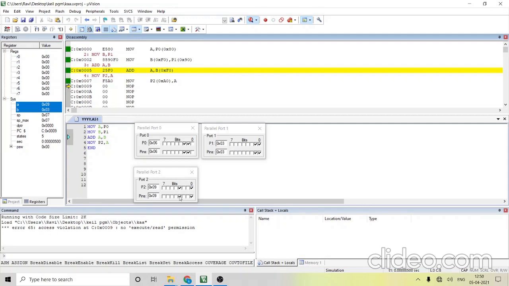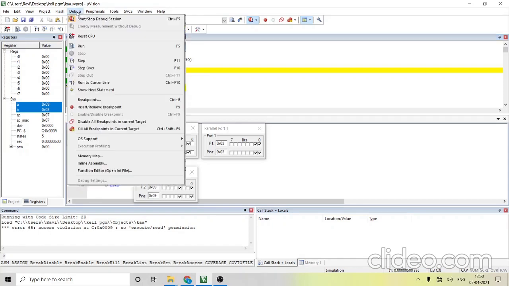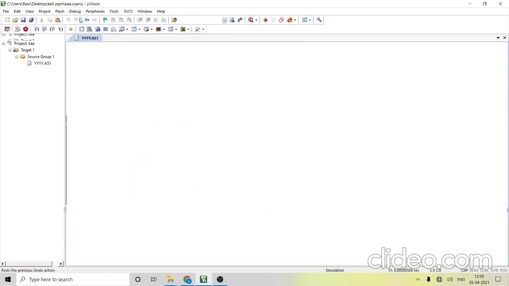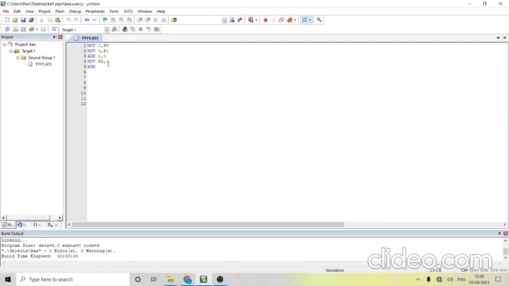Now, after running the program, you can take a screenshot of this and attach it in the model for our output. To go back to the program and change something in your program, you have to go to debug, start and stop debug section. Again, listen: most embedded programming with microcontrollers uses infinite loop programs. Infinite loop program means once you switch on the kit, for example, you calculated 2 plus 3, and again if you change and give 6 plus 2, you should get 8. So whenever the input changes, you have to get the output simultaneously.